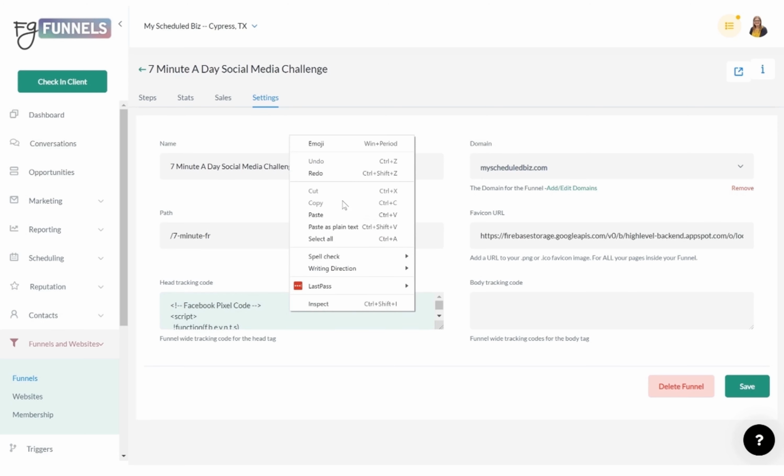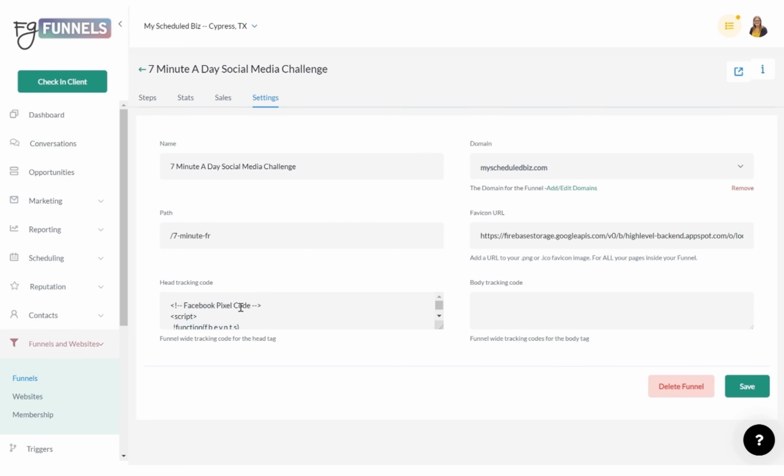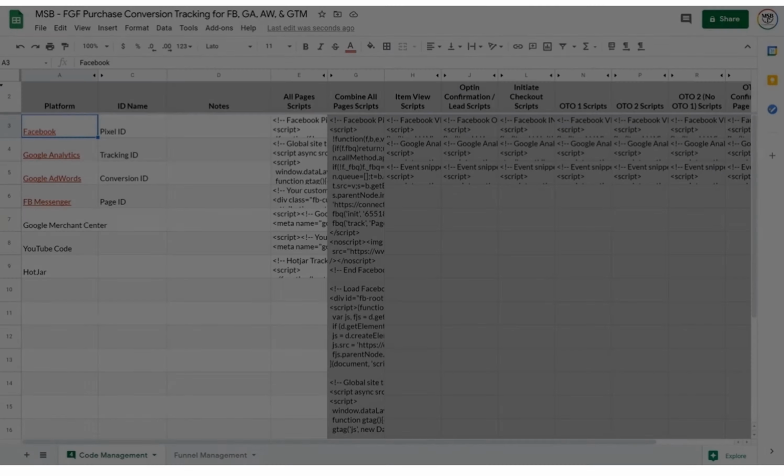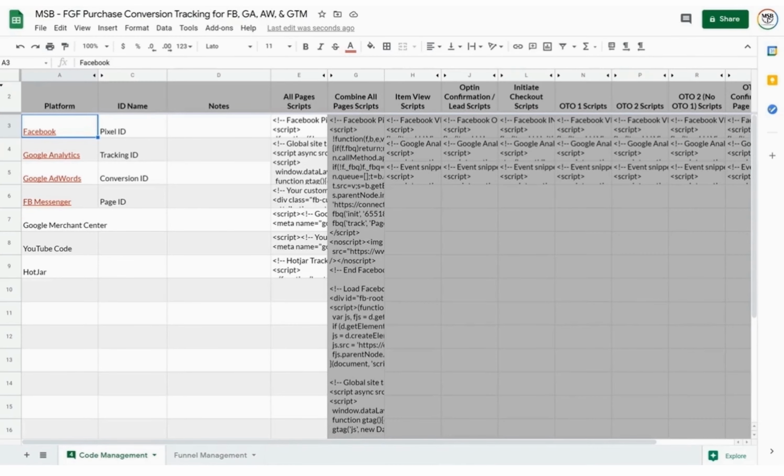You can also right click and click on Paste. And you're going to paste that code right here in the head tracking code. This is where we are going to be using specific steps in your funnel and assigning the codes to each